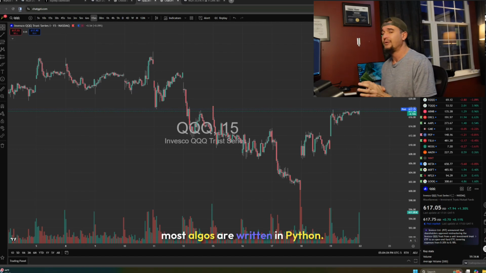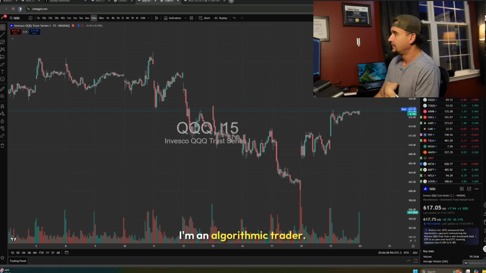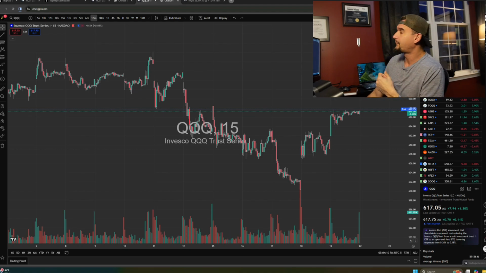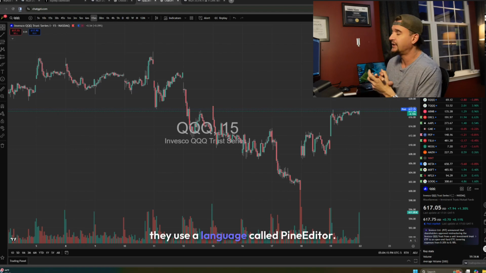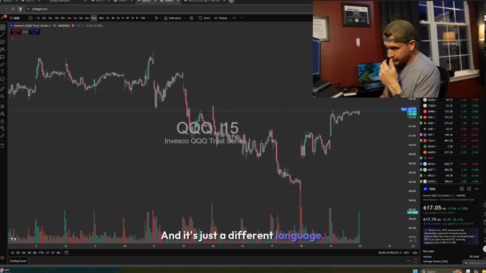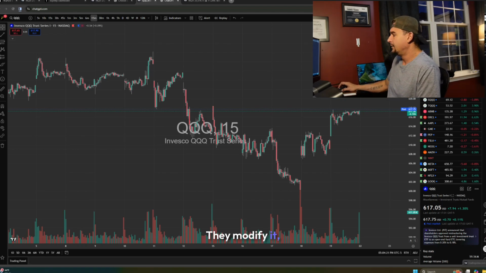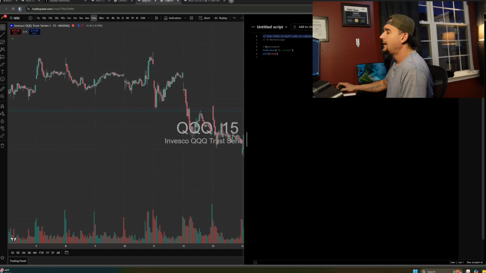most algos are written in Python. So I write algos for a living. I'm an algorithmic trader, but in TradingView they use a language called PineEditor, and it's just a different language. They modify it, or they update it quite frequently, and they have an editor, as you can see right here. They're on version 6 now. And